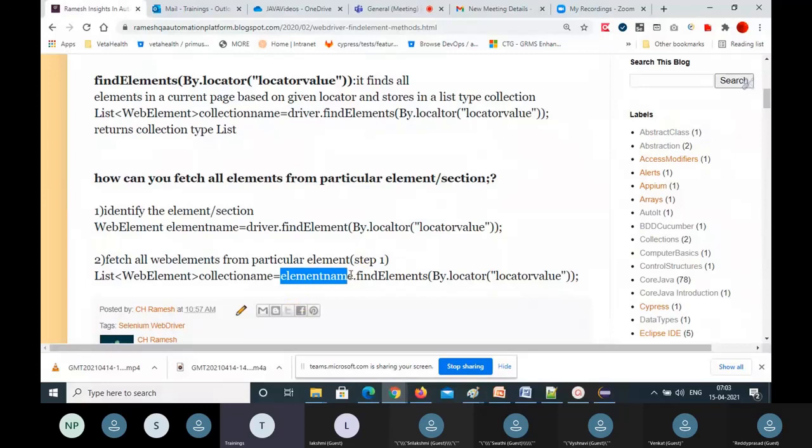Basically anywhere you want to fetch a group of similar elements, you will use the findElements method. Not only for the browser directly, you can call it on the browser reference, and you can even call this findElements method on the web element also. That is the findElement and findElements methods.